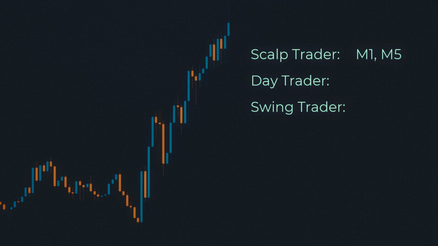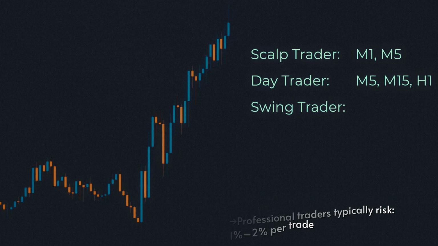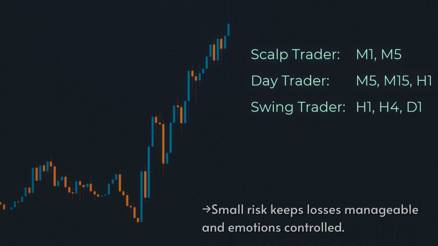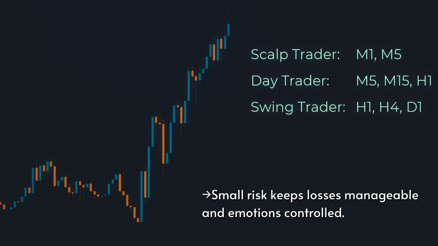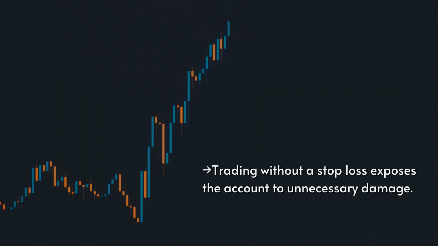You could be wrong 10, even 15 times in a row, and you would still be in the game. Trading is a marathon, not a sprint. This rule ensures you can finish the race. And this simple little formula right here is how you do it. This is your personal risk manager. It takes all the emotion and guesswork out of how much to trade.